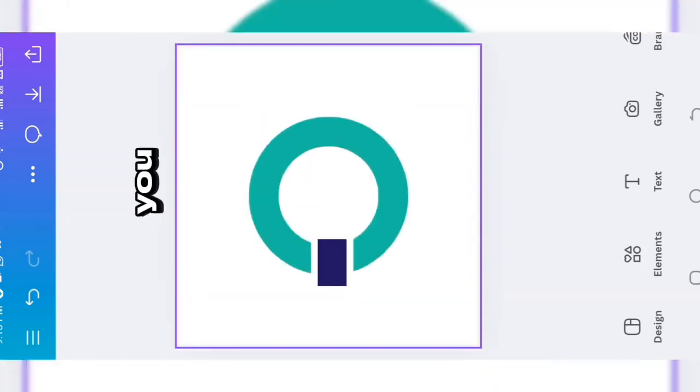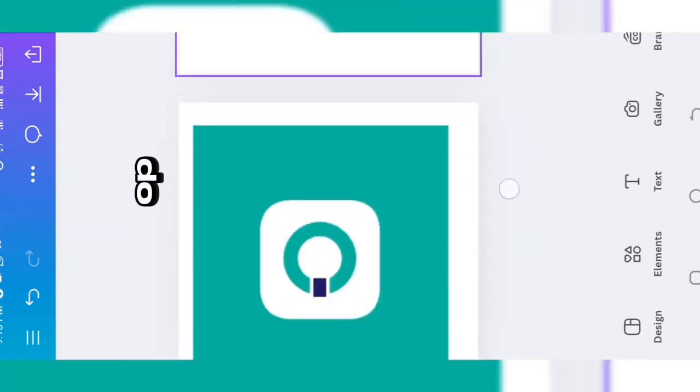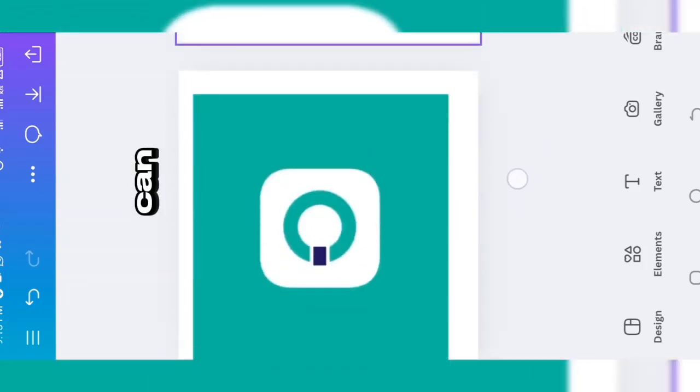You can as well reduce the size if you want, but this is what we created, the Opay logo. And as you can see,